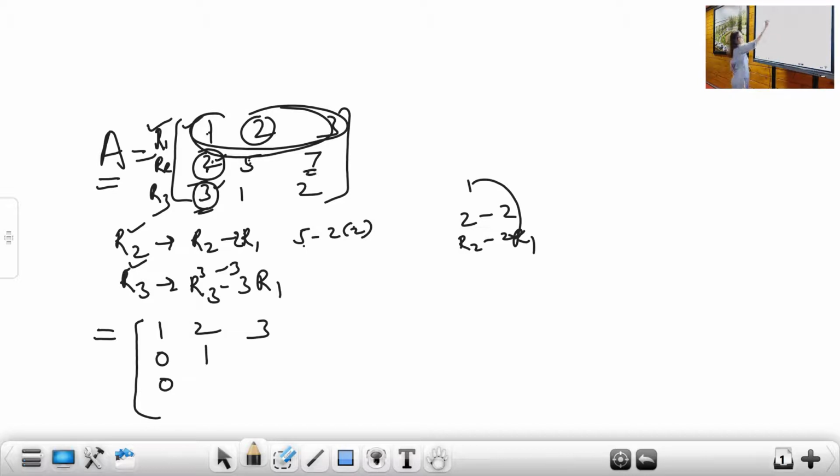Now what will happen with this element? See, students, this is R2. R2 means 7 minus 2 times R1. What is the corresponding element? 3. So 2 threes are 6. 7 minus 6 is 1. Then let us see what happens with this row. 3 minus 3 is already 0 here. Now look at this number 1. Minus 3 into R1. What is the corresponding element to the second element? Second to second. This is 2. So 3 twos are 6. So 1 minus 6 is minus 5.